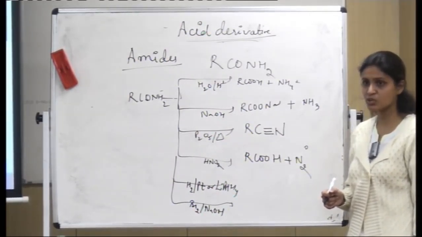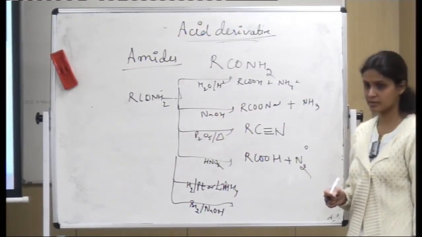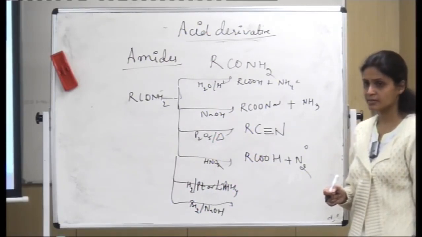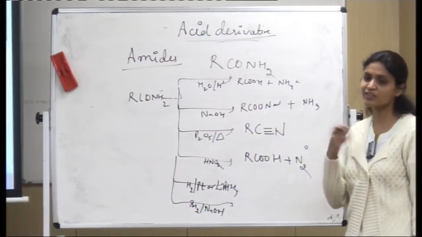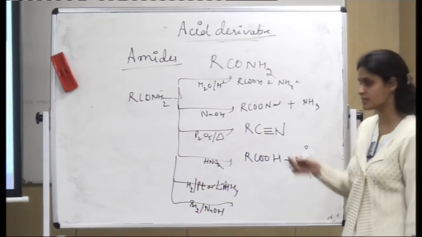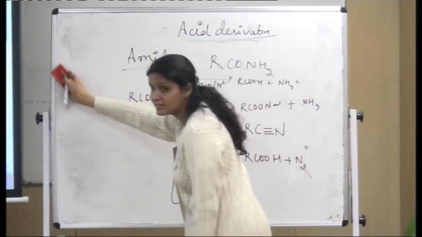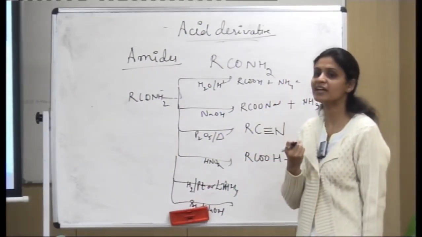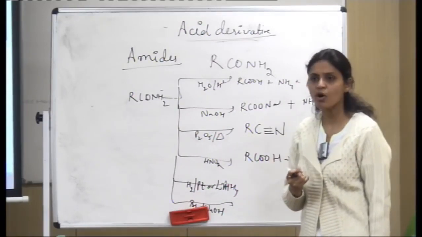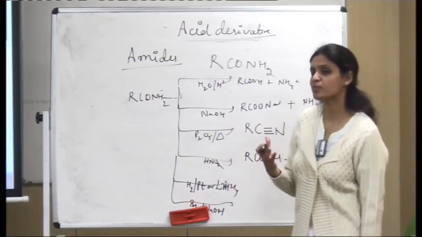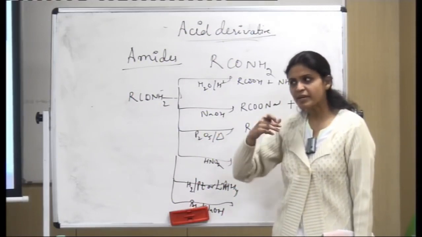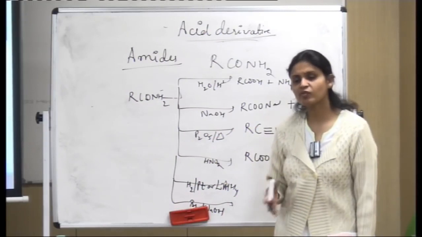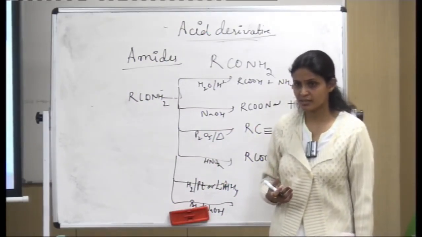Victor-Meyer test, HNO2, is used to differentiate between primary, secondary and tertiary alcohols. This is known as the Victor-Meyer test. So what is the product formation in that case? Suppose I am given a secondary alcohol, and I treat it with nitrous acid. What would be the product? Will it be a carboxylic acid, an amide or an amine? What kind of product do you expect from the Victor-Meyer test?